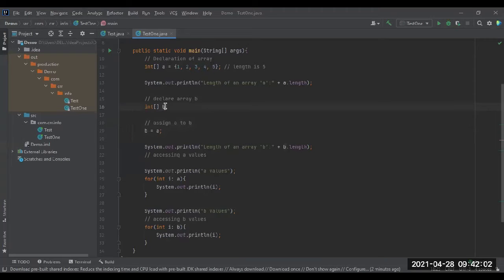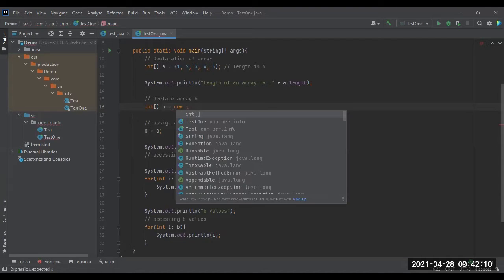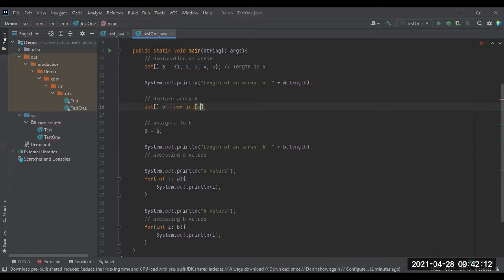There is no need to mention a dot length like this. See this, all these are highlighted and this is not highlighted. So there is no need to do this.